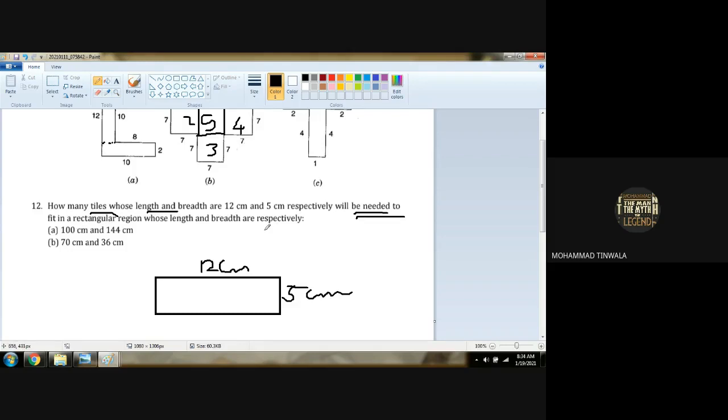The region is also rectangular. What is the measurement given whose length and breadth are respectively? That means there are 2 different sums we have to follow. Now, this is the region,